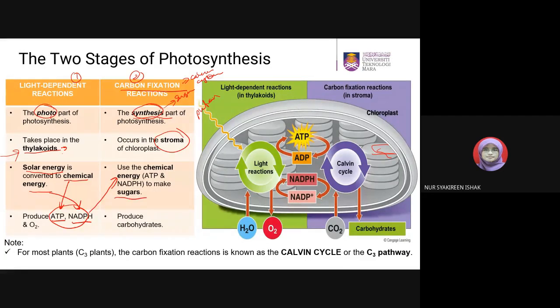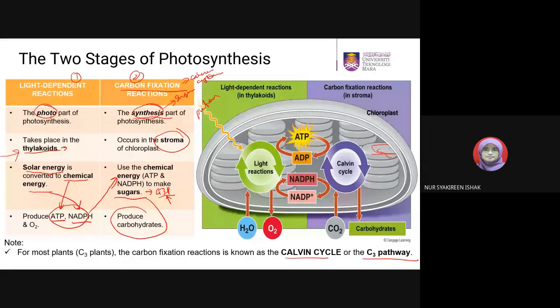make sugar. Basically, Calvin cycle will produce a sugar we call G3P, glyceraldehyde 3-phosphate, and from this, it will synthesize glucose or fructose, or any other sugar molecule, and also the building block of cellulose, for example. So it produces carbohydrates. It says here, for most plants, C3 plants, the carbon fixation reaction is also known as Calvin cycle or